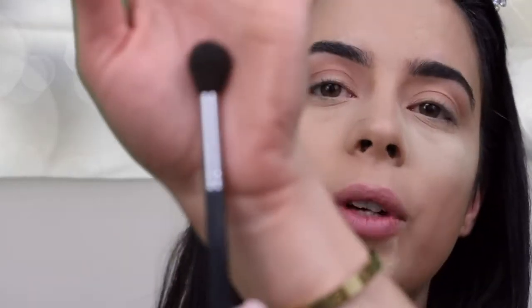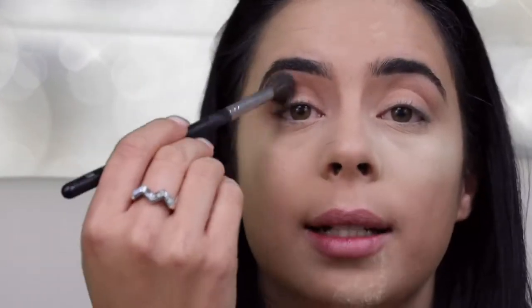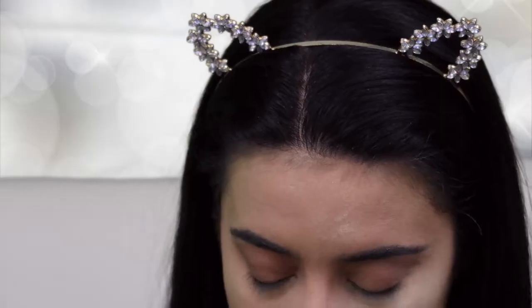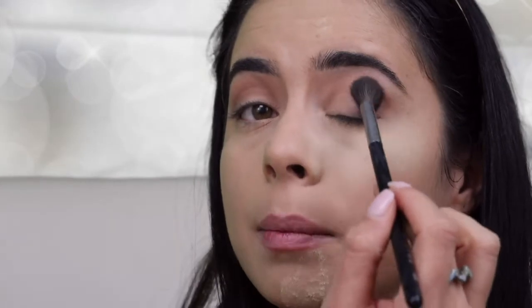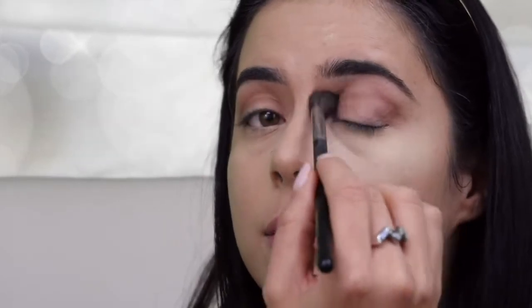Because it is very fluffy, but the one thing about this brush is it's very kind of pointed. They help you blend out all the eyeshadows. I'm liking the shade so far. A lot comes onto the brush, and there is fallout on these Pure eyeshadows. It's not significant, but the quality of these eyeshadows,